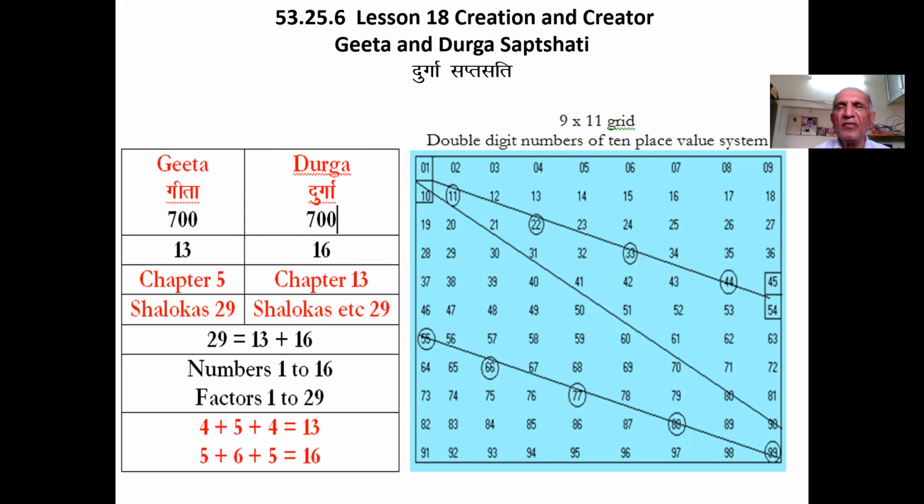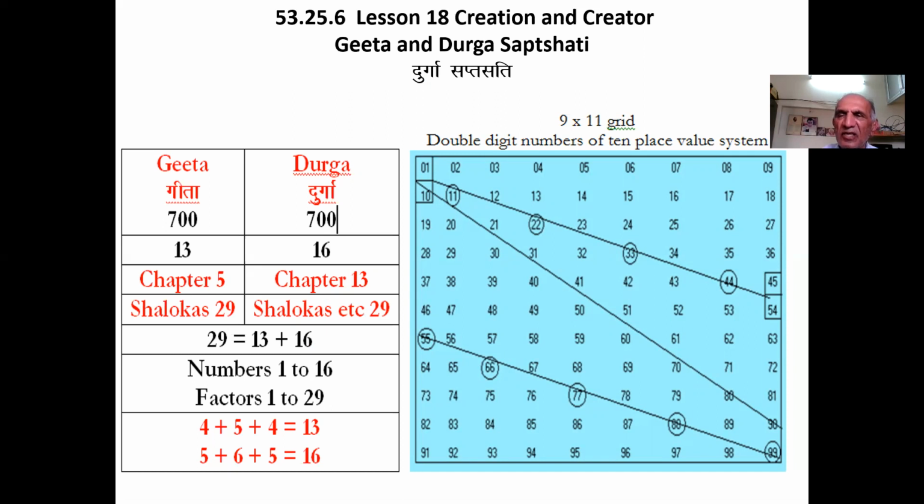In this background, when we visit Geeta and Durga Saptsati, it will come to pointed notice that the formulation Geeta is of TC value 13, while the formulation Durga is of TC value 16. Chapter 5 of Gita is of 29 shlokas range, while chapter 13, the last chapter of Shri Durga Saptsati, is also of 29 shlokas and vachas range. Numbers, values range 1 to 16 lead to 29 factors. Further, value 16 and value 13 have organization for the placements of their origins as 4 plus 5 plus 4, 13, and 5 plus 6 plus 5, 16. Chapter 13 of Srimad Bhagavad Gita